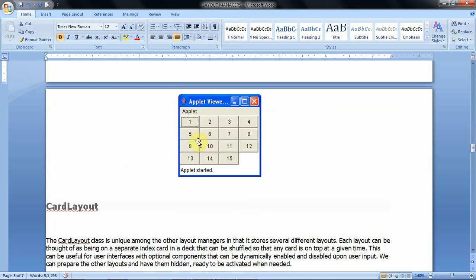We can specify the gap also. Suppose between 1 and 2 some space we can specify by using vertical gap. Between 1 and 5 also we can specify some space. That space is called as the horizontal space. If we don't specify that, the default space is placed between the components, that is 5 pixels.